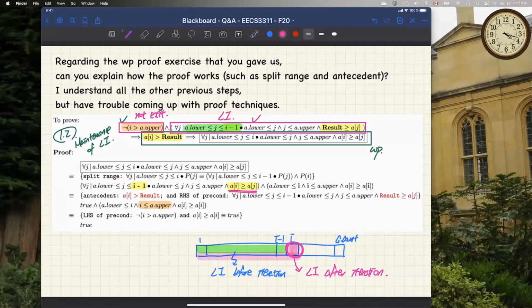Basically, one part is you can see the range over here is all the way to I minus 1. In the loop invariance that we can assume, it is also all the way to I minus 1. For that one here, we already got one property, which is result larger than or equal to AJ, right? There's another antecedent over here, right? We also say AJ is larger than result. If you actually combine these two together, it's quite easy to see. What do we see? Result is strictly,